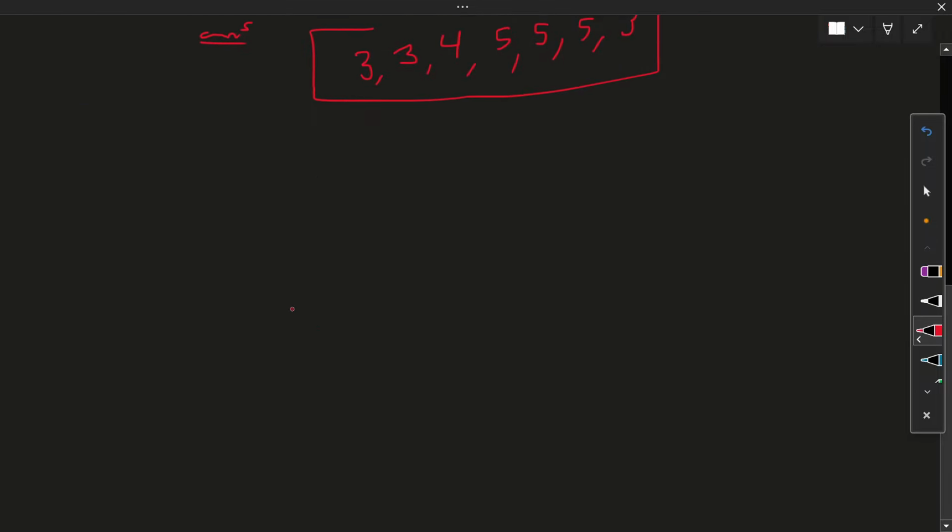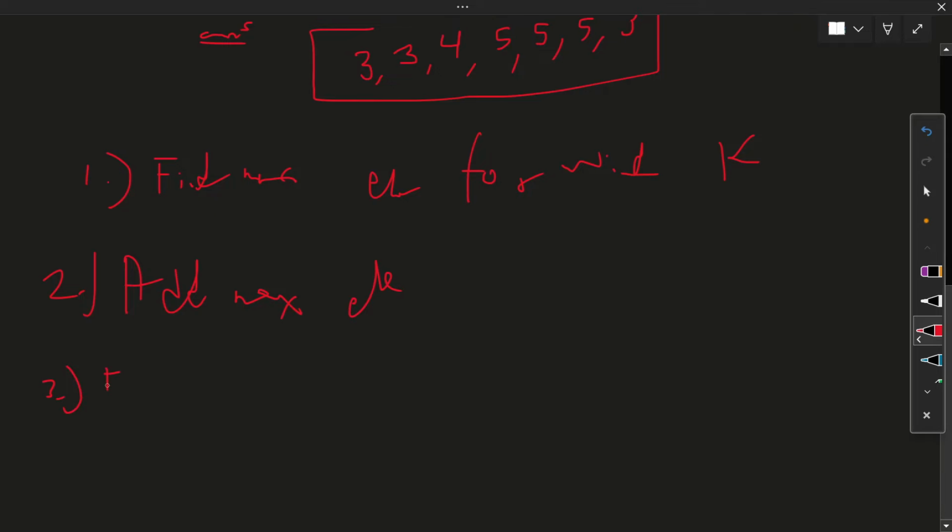So let me write the steps. Our first step is to find the maximum element for window K. Our next step: we have one window, so just add the maximum element. Our third step is to find for the other windows,